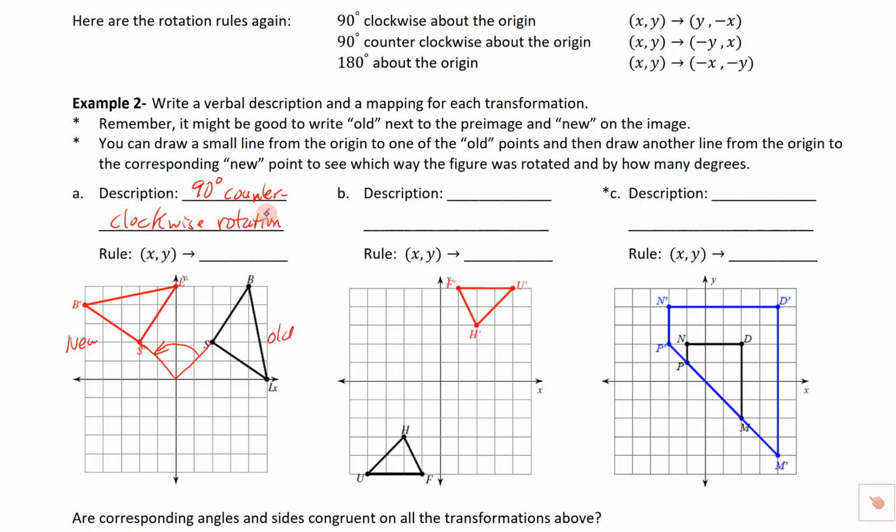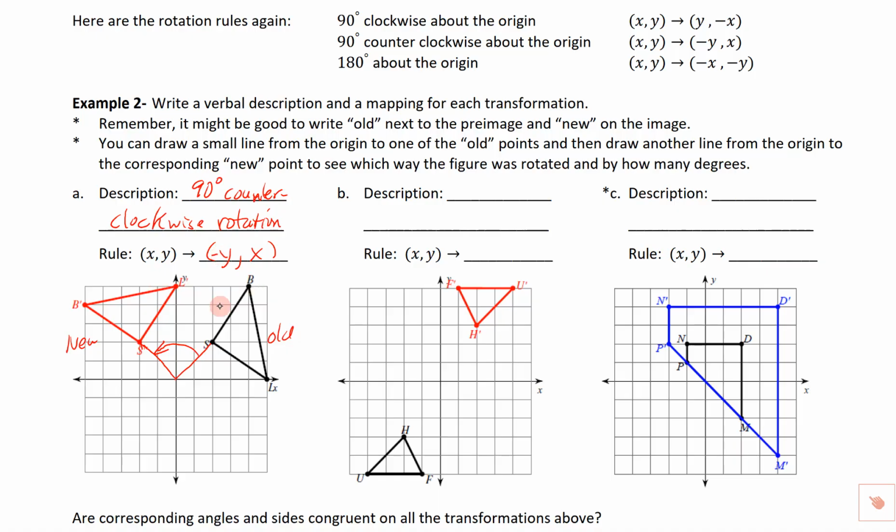technical about this. And then the rule, this is why we might need these. It's going to take some time to get these down, so this is why they're up here. If we do a 90-degree counterclockwise rotation, remember for the 90-degree ones, they each switch places. Okay, so we're going to do a Y here and we're going to do an X here. So however you get this straight, it's the X that changes for clockwise and it's the Y that changes for counterclockwise. So we'd put a negative Y right there. And if you wanted to check some points and just make sure that that works, you'd be welcome to do